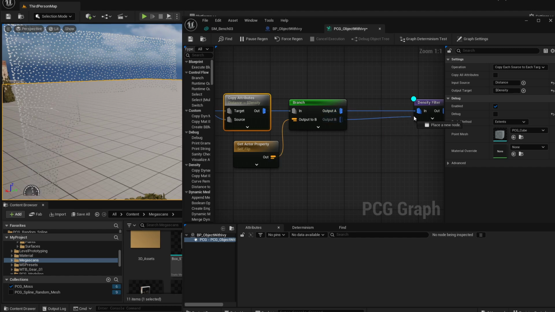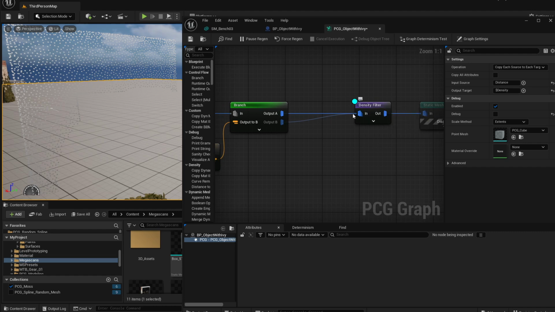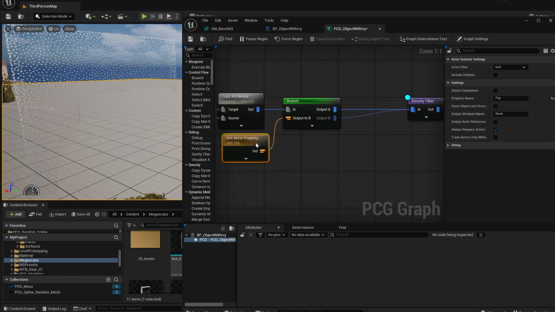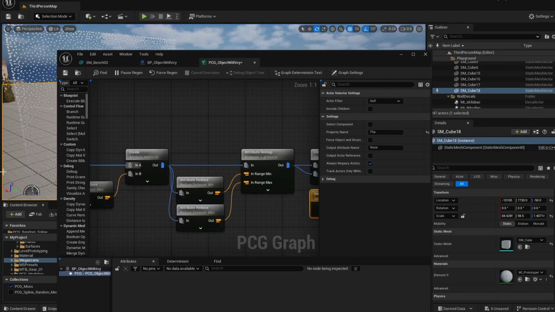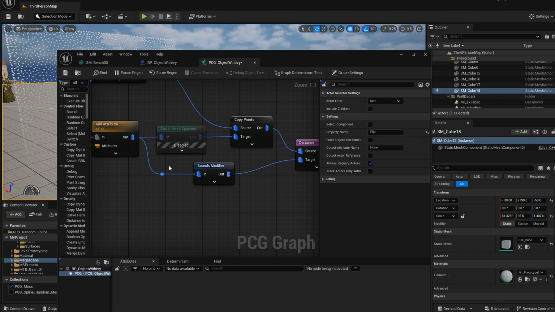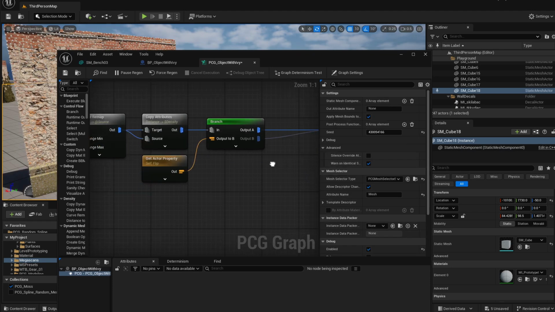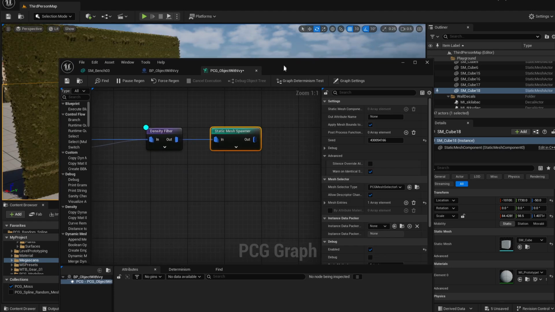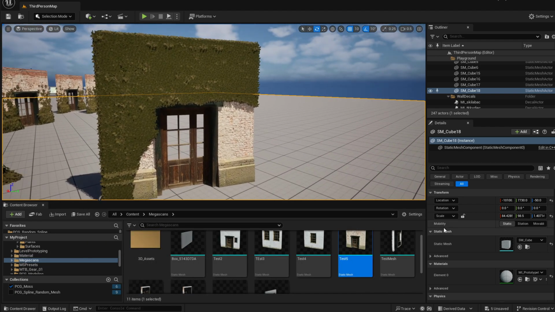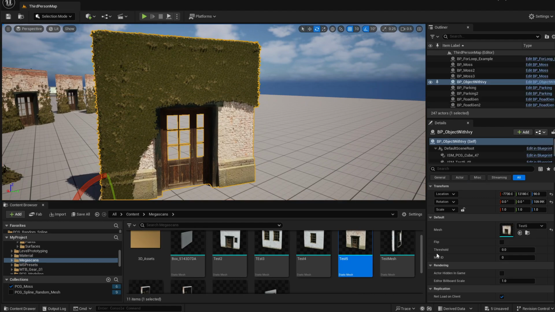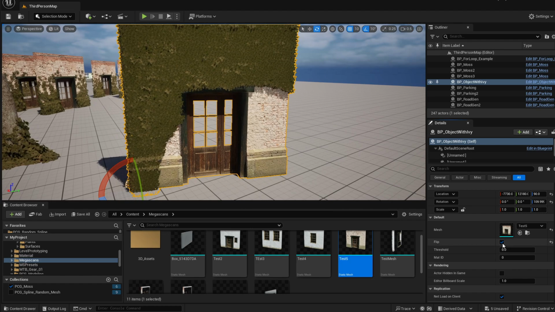And let's connect this output B again to this density filter, and we'll control which points we are keeping and which ones we are deleting with this flip property. So let's enable back our static mesh spawner here. Let's enable the static mesh spawner at the end and go back into our level and check how our flip property works. So if I click the flip value,